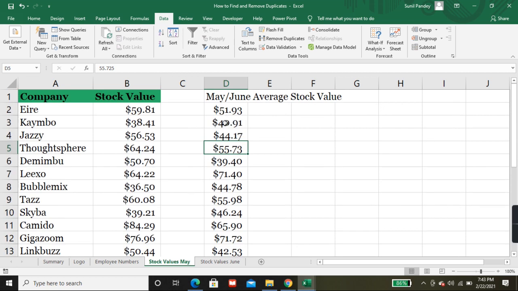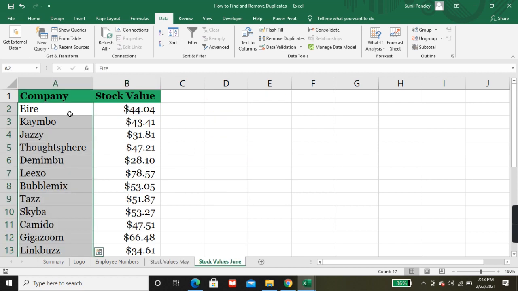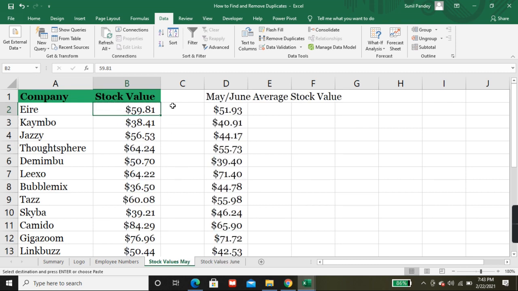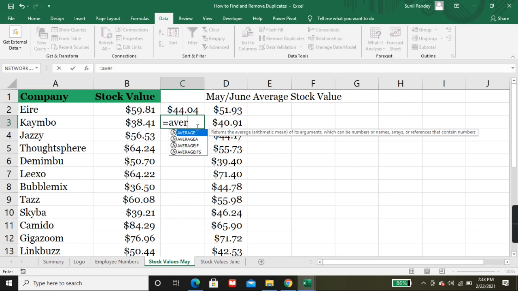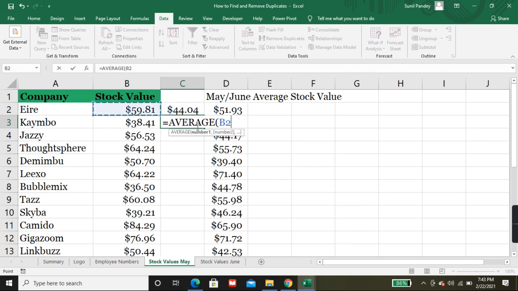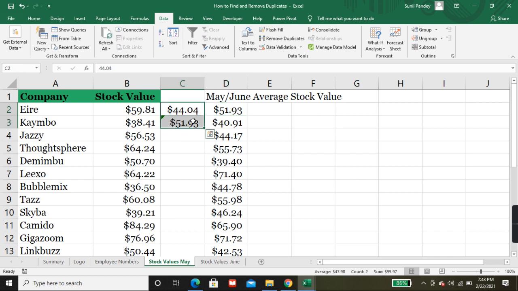You want to check manually? See, 59.81 and this one is 44.4. If you put the average function also, see 51.93, it means it is correct.